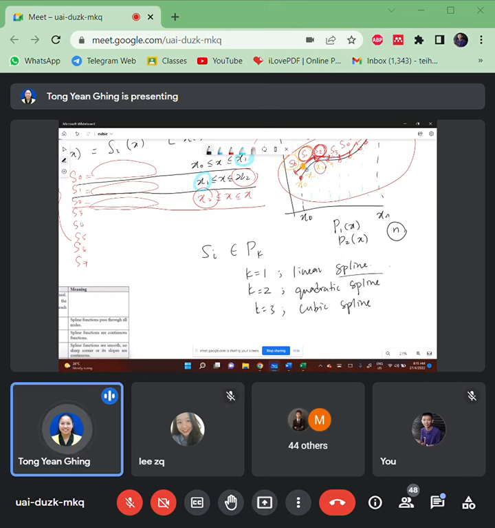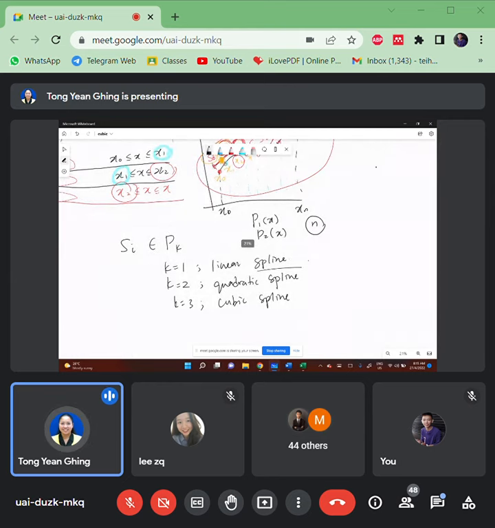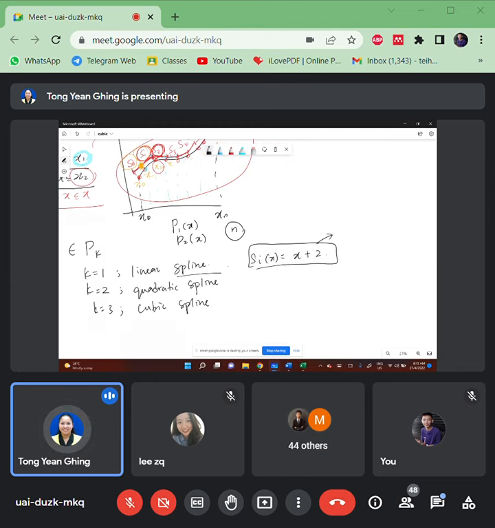Okay, so linear is very simple, because it's just like, for example, x plus 2. So it's very simple to solve this equation. So we can use this one. If this is a linear, so probably it will be easier. We are using Lagrange or Newton divided difference